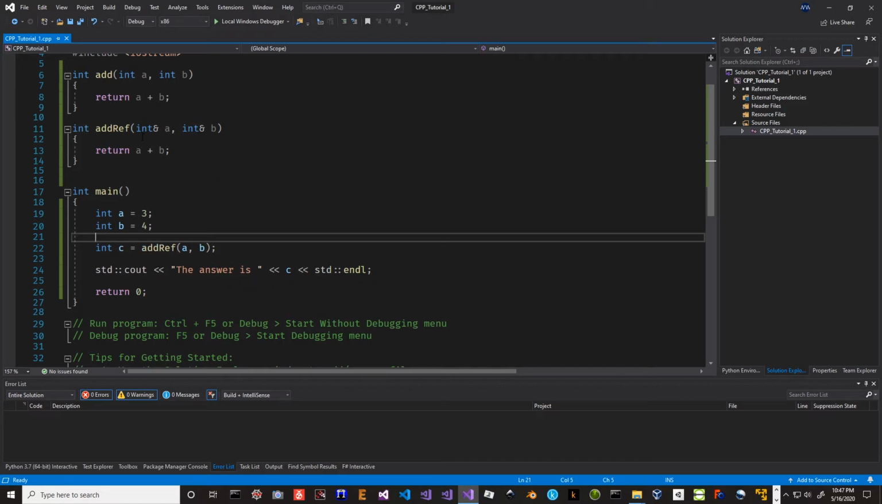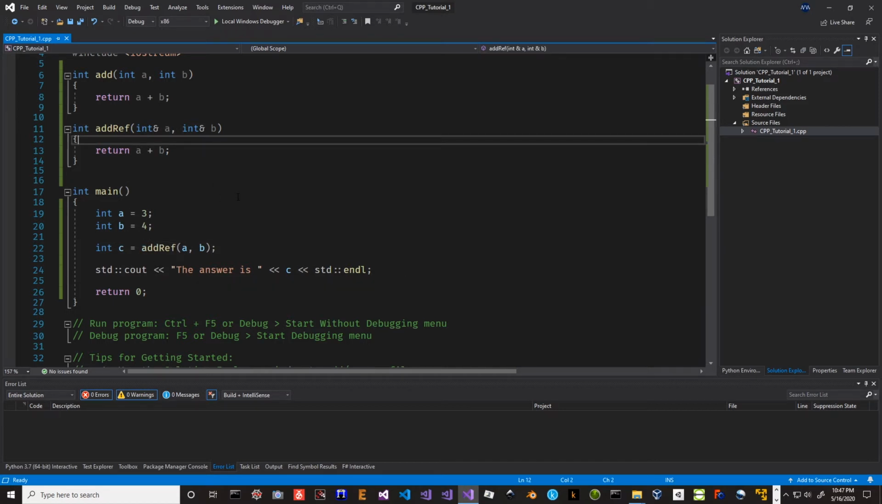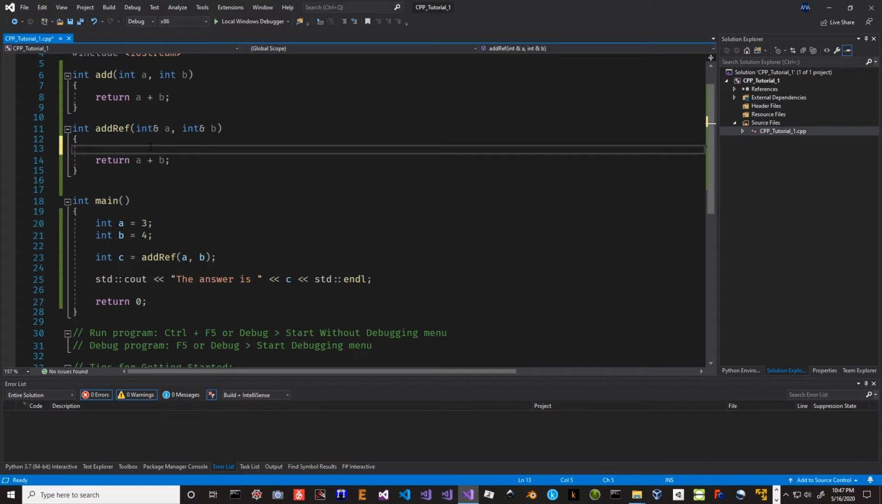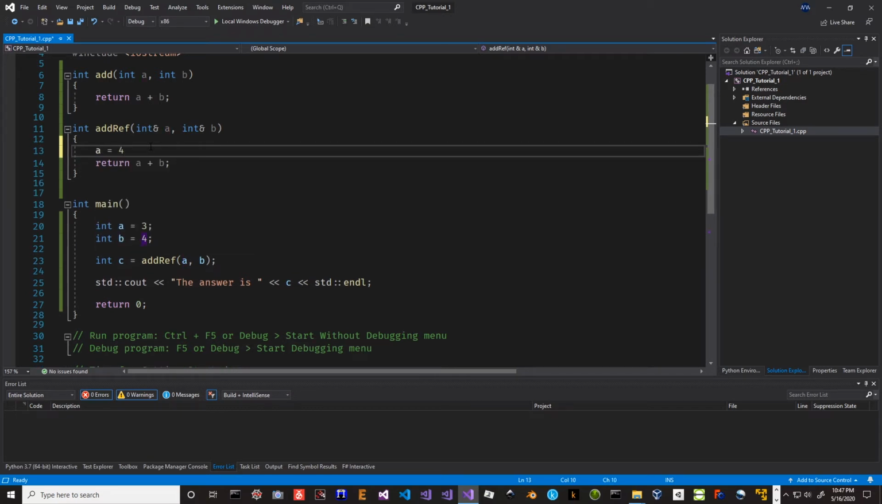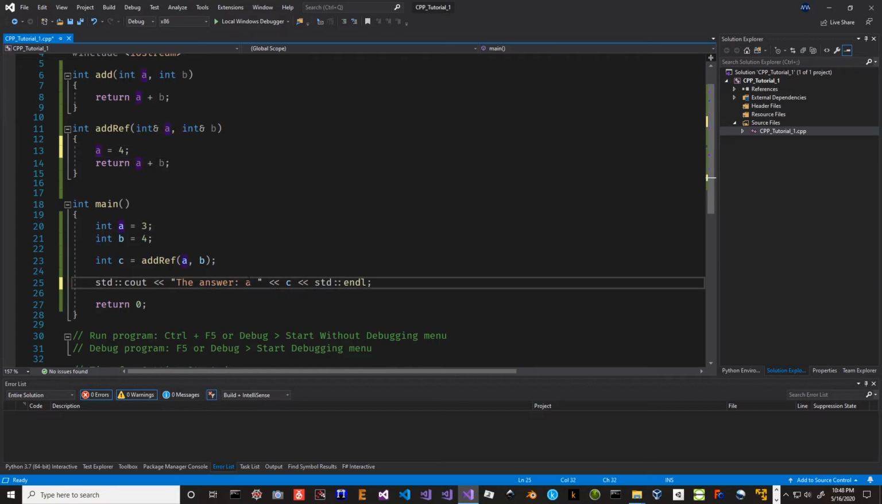This function can do something very funky and very bad. These are non-constant references. And what that means is that this function can modify the value stored in a at this address down here. So let's do that. Let's modify it. Let's say a equals 4 right here. And instead of just printing out C, I'm going to print out the answer a